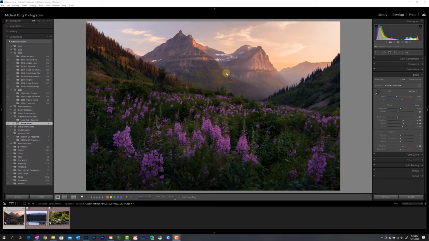So when you create a local adjustment within Lightroom, as you may have recalled if you've watched my 101 tutorial for local adjustments, you do have an option at the bottom for range masking. And what that does is it allows you to mask part of the image based on either a color selection or a luminance selection within that image. And that's going to make more sense as we get into this, but it's really letting you refine those selections